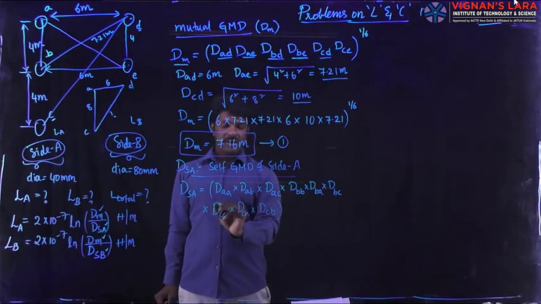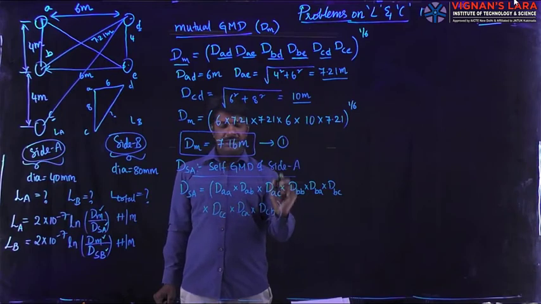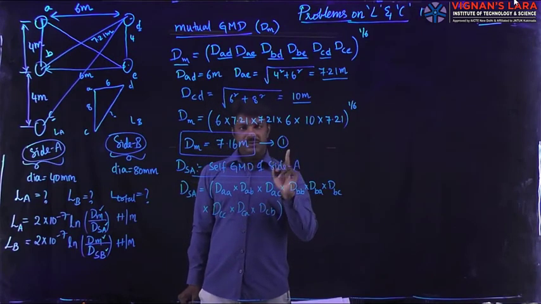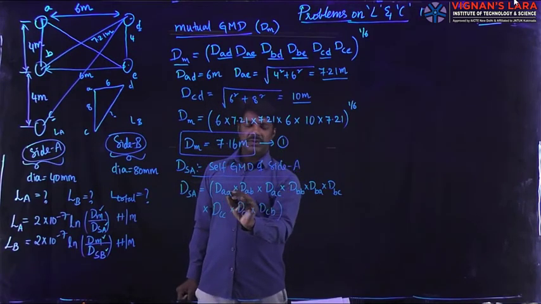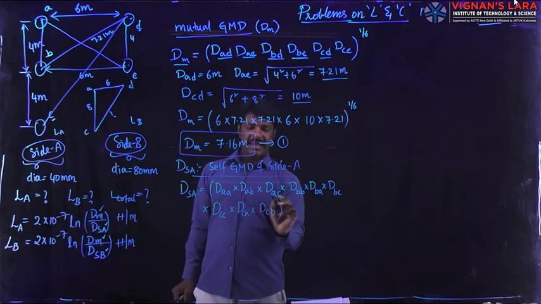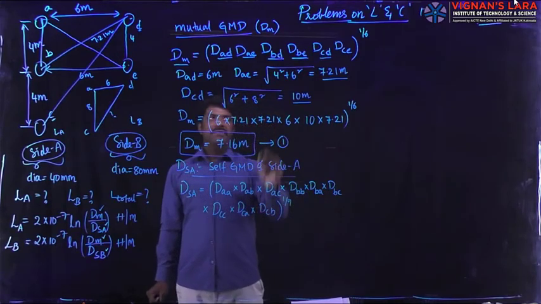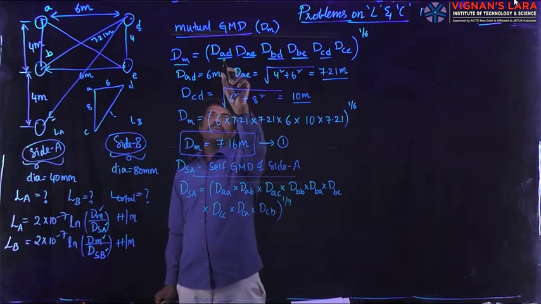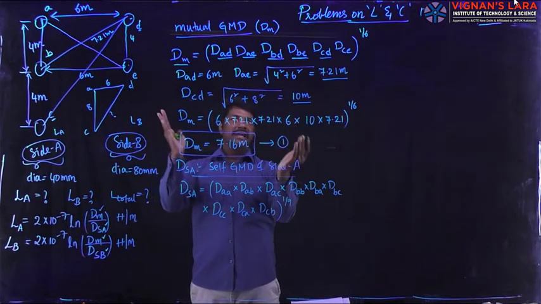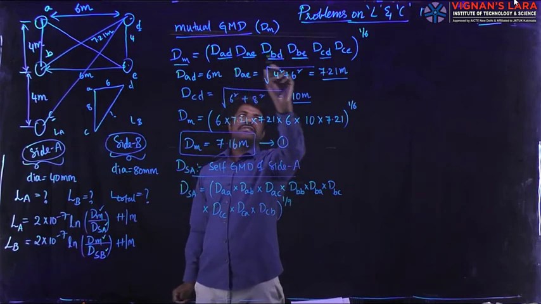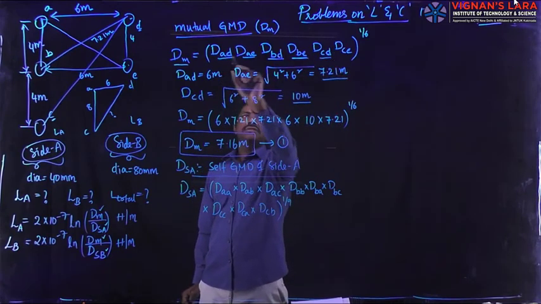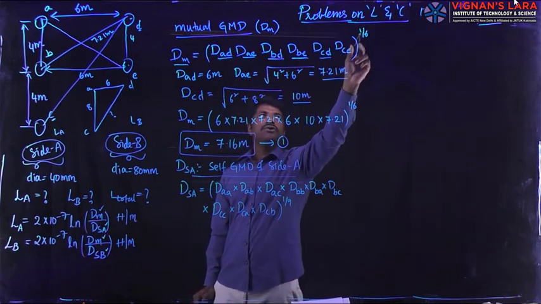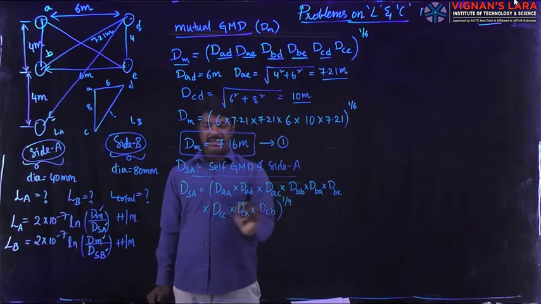The product of all the possible distances, whole to the power 1 by the count of those possible distances. Here total 3 plus 3 is 6, plus 3 is 9. That is why whole to the power 1 by 9 we will put here. In the previous step also we have done the same thing. Mutually we identified between side A and side B that the possible distances are 6. All those 6 are multiplied, whole to the power 1 by 6. In the same lines here also.